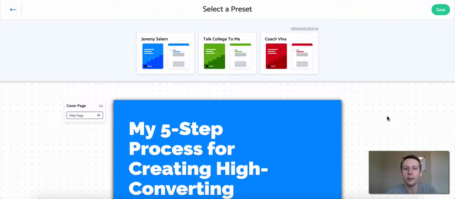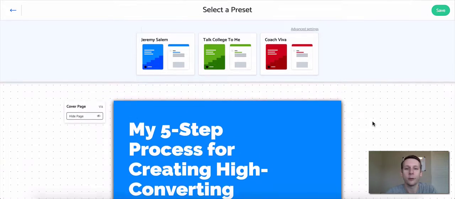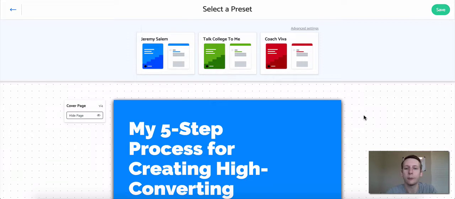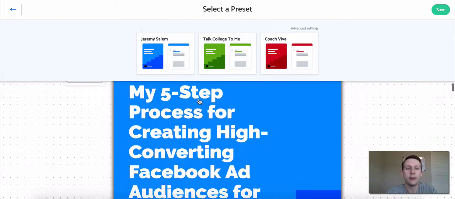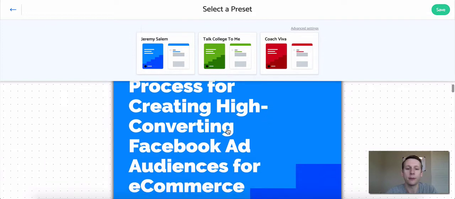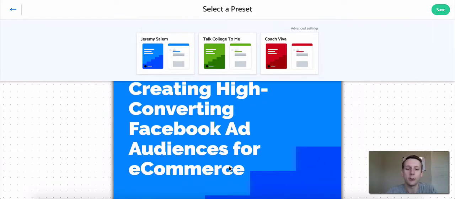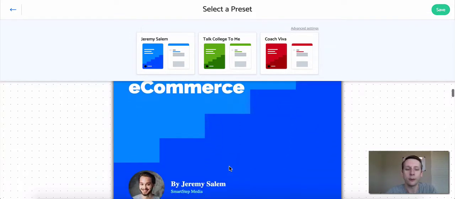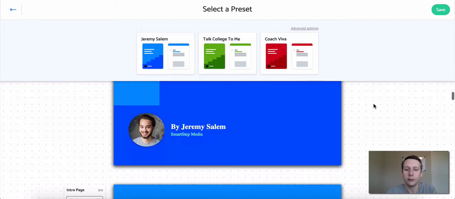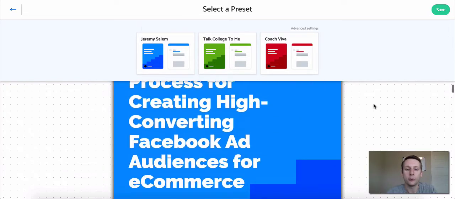And one of the best ways to start getting ideas for what kind of how-to guide you could create is to look through some of these template presets we have in Attract, because each of these presets is based on actual content from real businesses, and we have several different types of businesses. So for example, the first preset, which you'll see by default, is my 5-step process for creating high converting Facebook ad audiences for e-commerce. So this is from a freelance consultant who does marketing consulting, teaching his specific process for